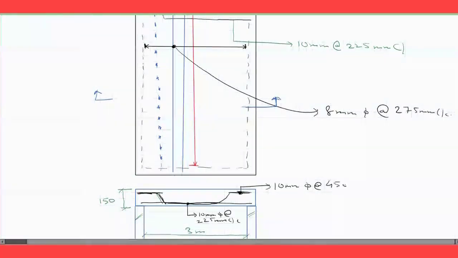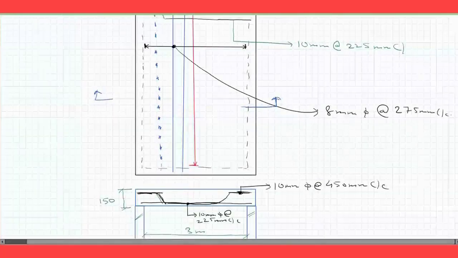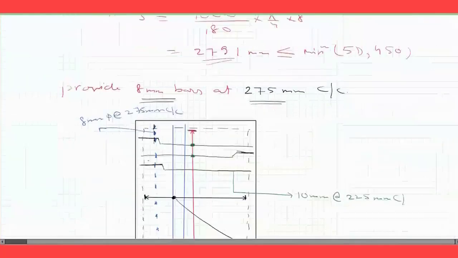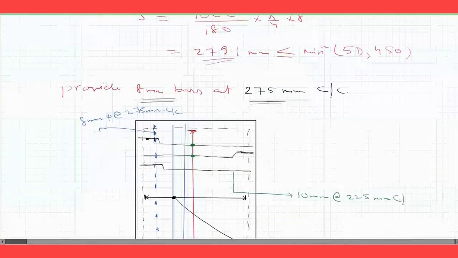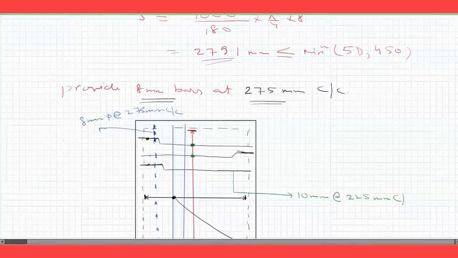Because here you see what is happening. If I see the distance between this bar and this cranking portion, this will become double because from here to here it is 225, then it is 225. But if I see at the center, it is 225, 225. So by marking this, it simply means at the center it is 225.